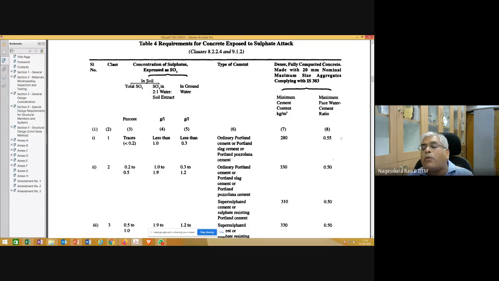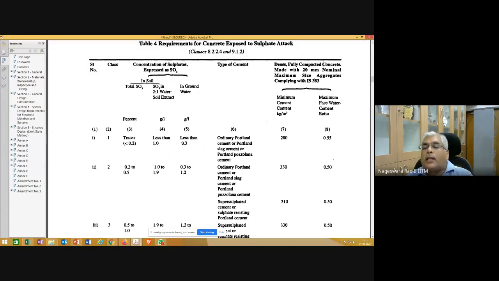That is the maximum water permissible by the code for this kind of situation. Also you can see on the top what is written: dense fully compacted concrete made with 20 mm nominal maximum size aggregates complying with IS 383. What this nominal maximum size is, we will see in today's class.